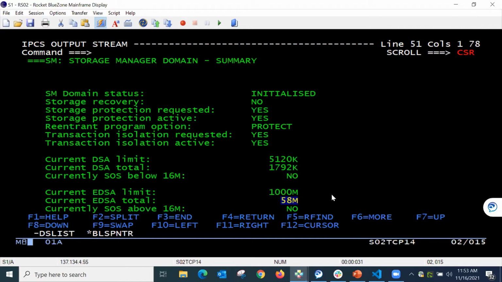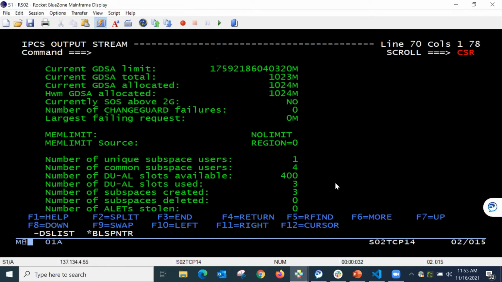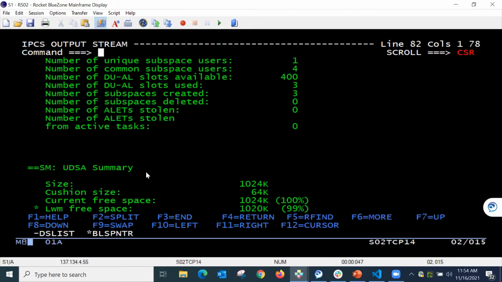And we can see only 58 meg out of the 1,000 meg or 1 gig I have allocated is defined as allocated, right? Now you can see the Grande DSA, that's a really big number in meg, and you can see I only have 1 meg really allocated. Then it'll give you some of the information like Mem Limit set to no limit, and where did it get its source from, region 0. Now I'm using TRAN ISO, so it'll give you some information on transaction isolation,